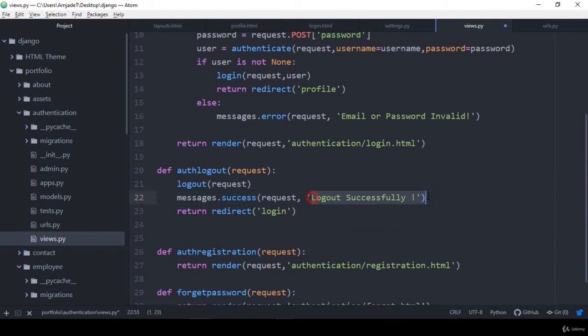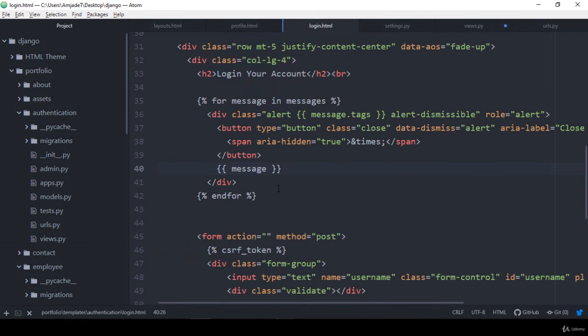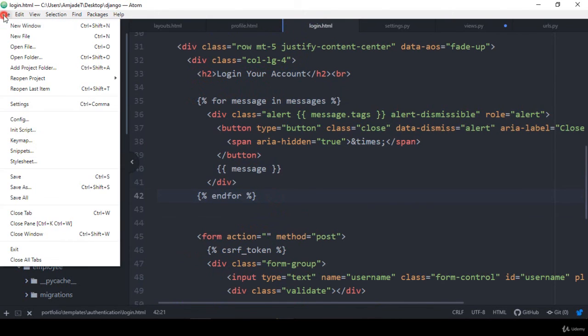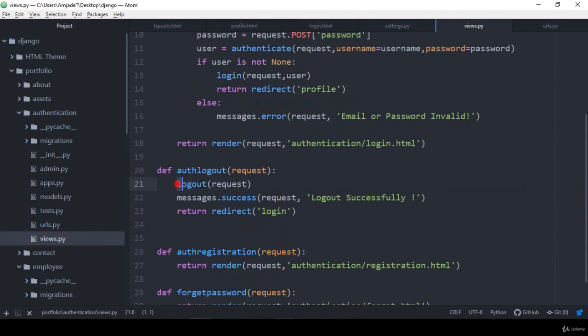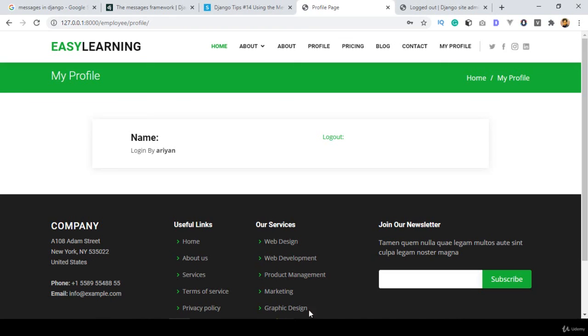This type of message will be displayed automatically in our login area, that means in our login page, after logging out, it will be displayed here. It's totally dynamic. Now let's check this out. If you click save all, here I have added that when we log out, this request should log out perfectly, without this request, it will display this message, right? Now let's check this out.